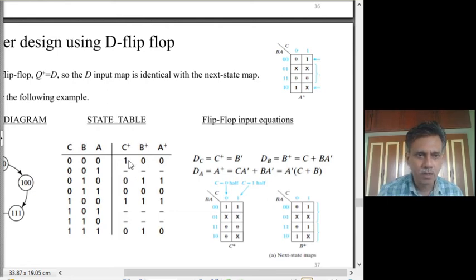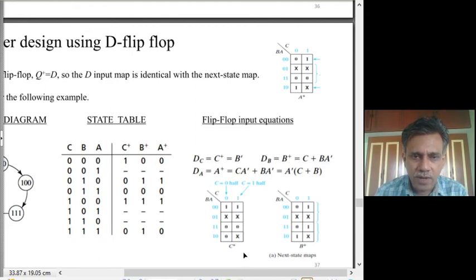So how do we read it? You always start from this column and fill it in this manner. 1, 2, third, and then the last one here, and again you go here, like this you put it. So 1, x, 0, 0, and then 1, x, and then 0, x. That is how we have to fill it.